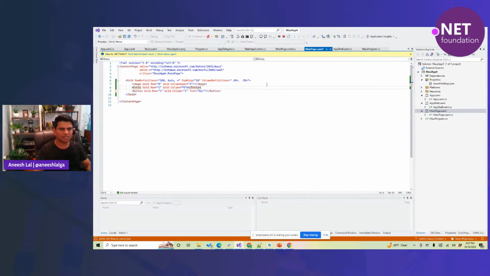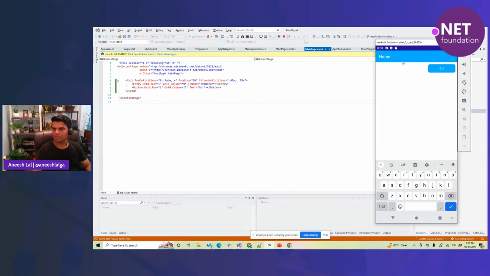Yeah, maybe that, right? And entry, we are going to have a name for the entry, and this one, the entry name, is going to be from a year. Okay, and this image, I probably would take that image out for the time being. So we are going to put 0 here. It's fine. Okay, so now we have an input field, we have a go button, and now we